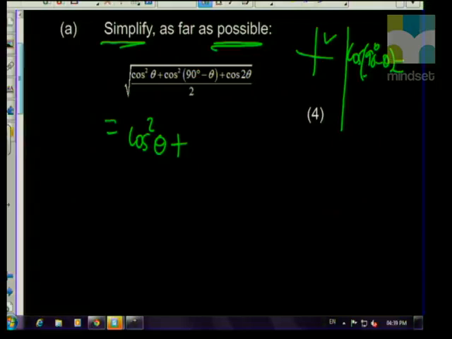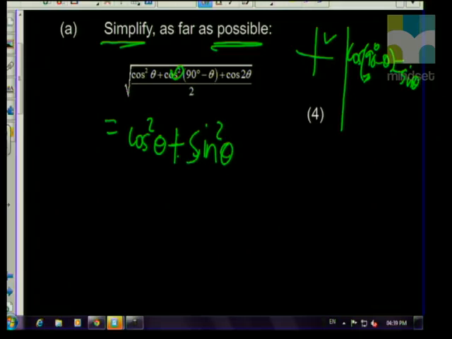But because of 90, your cos changes to sine. So you'll have your sine theta there. So because of that square, you'll have a plus sine